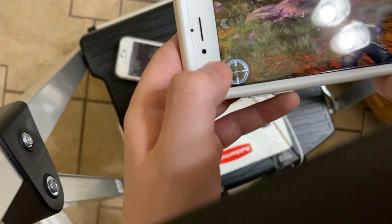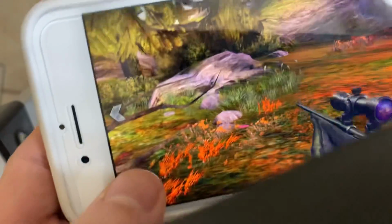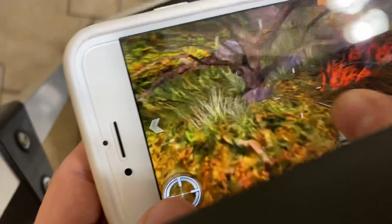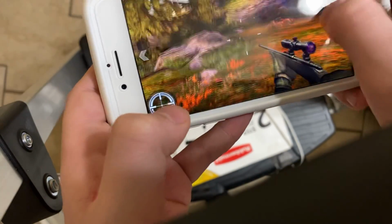Like I said, guys, I don't know how to play these games. I don't care. We're just testing graphics. Simply walking back and forth is testing the graphics on your phone. These animations are testing your graphics, so you move around pretty fast. Now, this game is not the smoothest. I don't know if that's just their theme, but